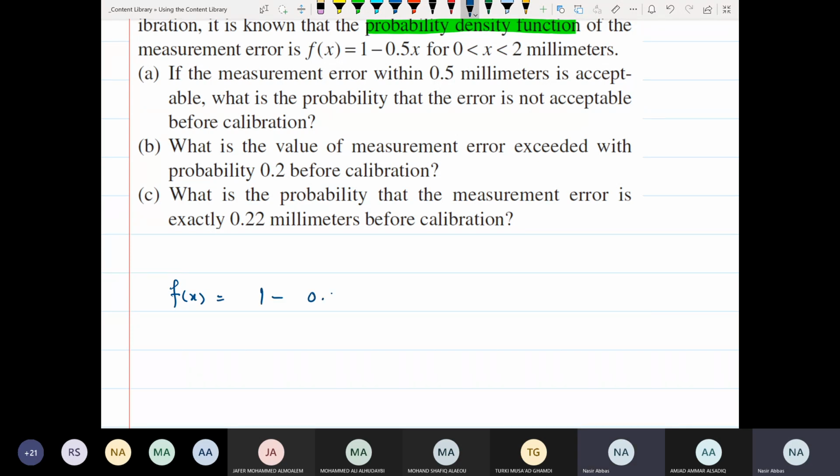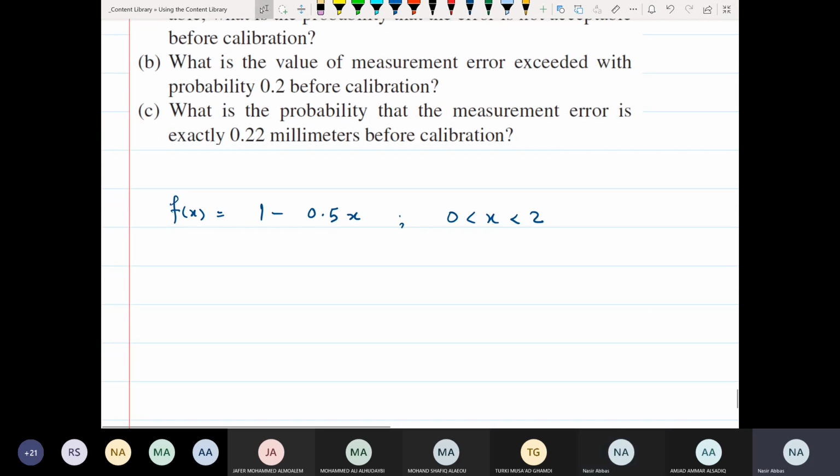That is 1 minus half of x, where x is between 0 and 2. The definition of capital F of b is the integral from minus infinity to a specific value b of f of x dx. Now for your question, minus infinity is 0. The lowest possible value of x is 0, all the way up to b. And then you will integrate f of x, which is 1 minus half of x